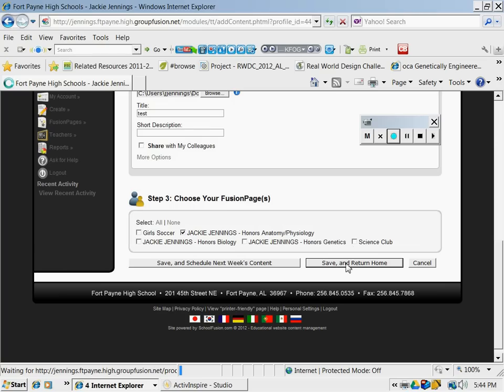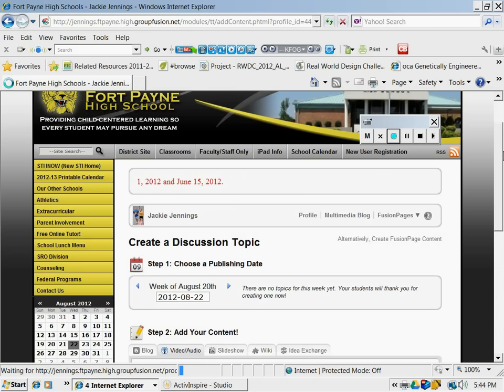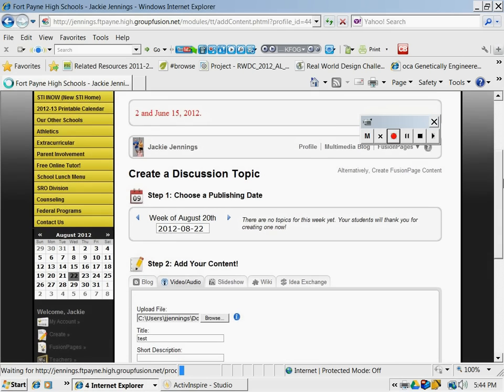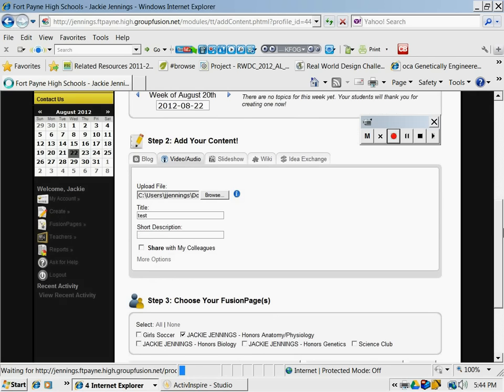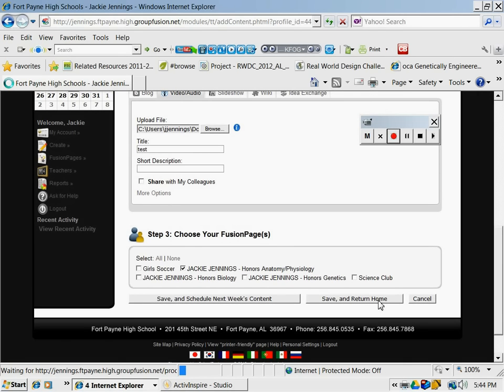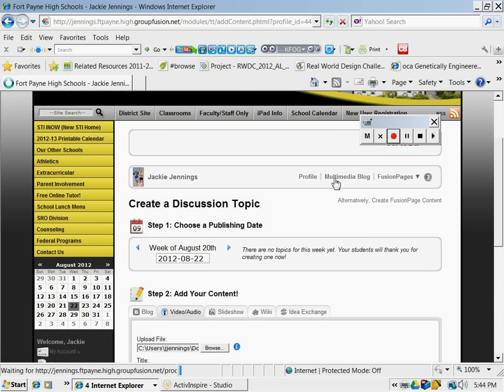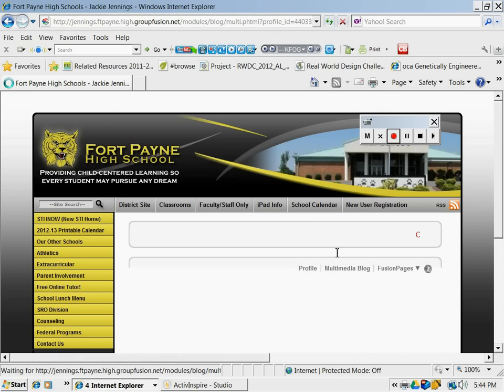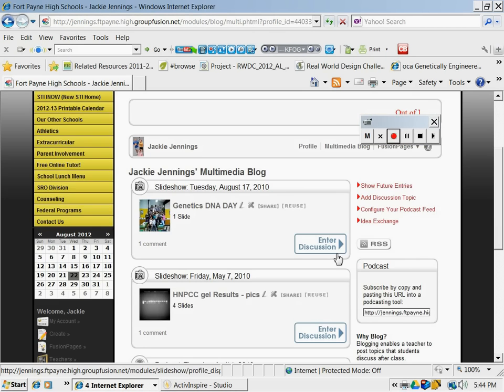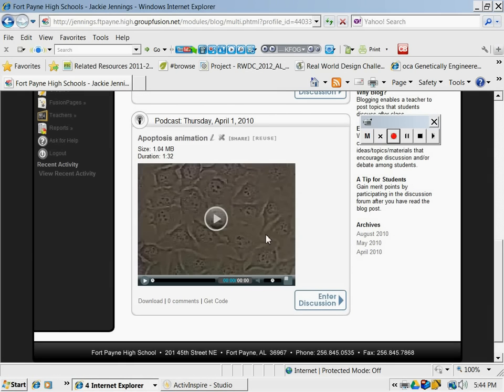Okay, now depending on the size of the file will depend on how long it actually takes to load. So this one I can't remember how big it was. It may take a little while to load. So while it's doing that, let me go back to my multimedia blog, and I can show you what it